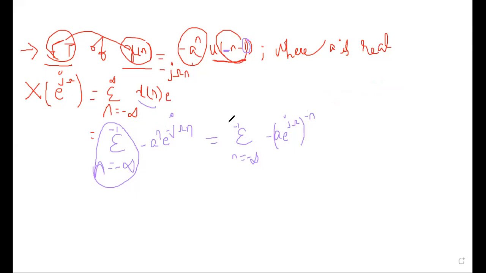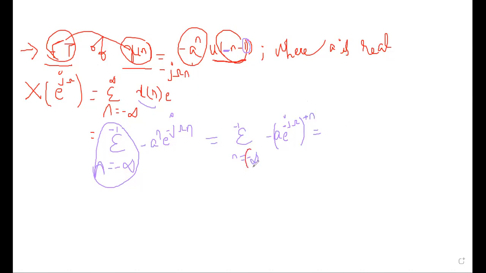A power n, right? So a power n means it should be plus n, and here it should be minus. Is it right now? The bracket term is right now. Tell me, everyone. Yes, ma'am. Now, see, still I am not putting in the proper form. I will tell you. I should get minus n as the power. I will tell you why it is.